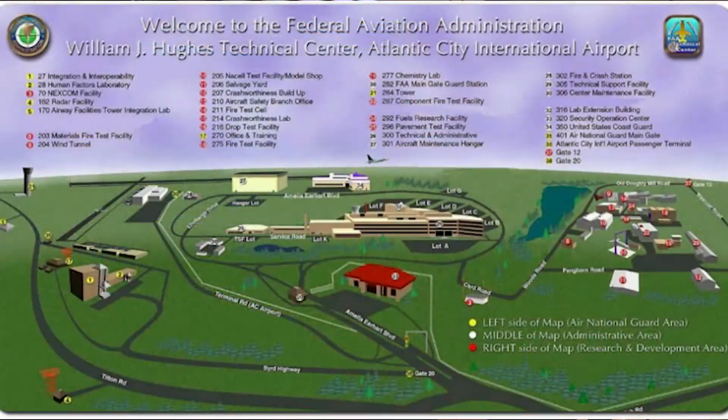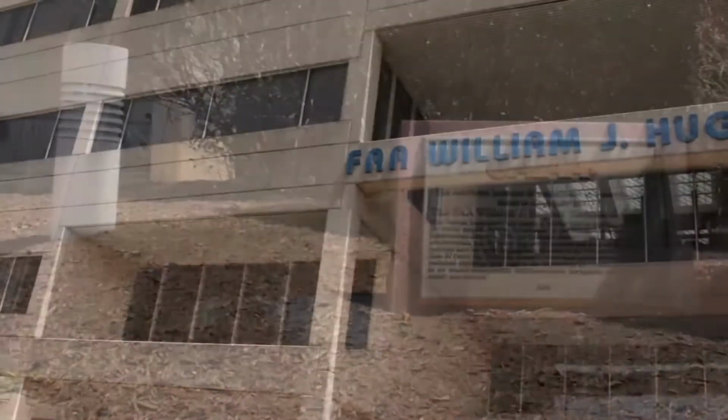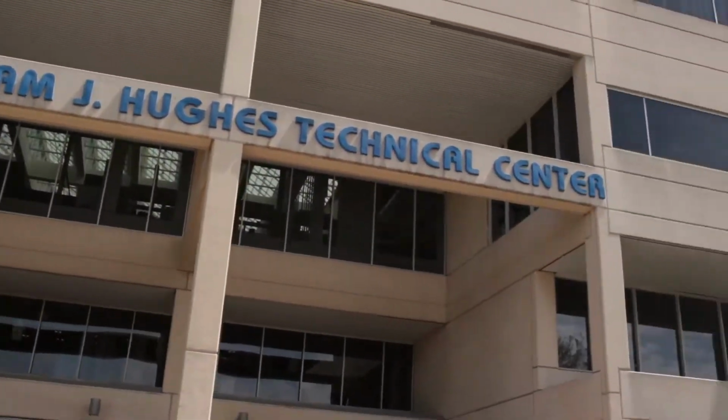There's so many different opportunities here. Me personally, I started as a computer scientist. I was a programmer, and I basically spent a lot of time when I was younger learning how computers work and learning software engineering and things like that. When I came out of college, I got a job here at the FAA Tech Center doing air traffic control